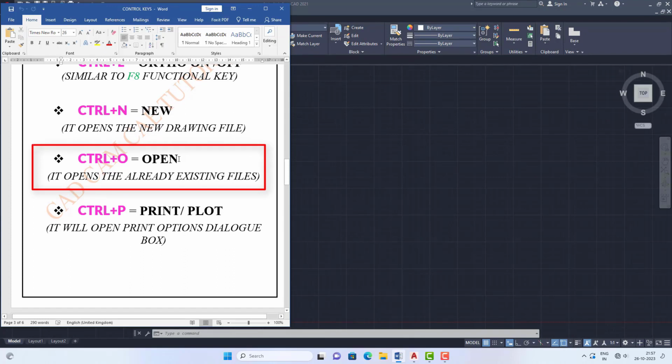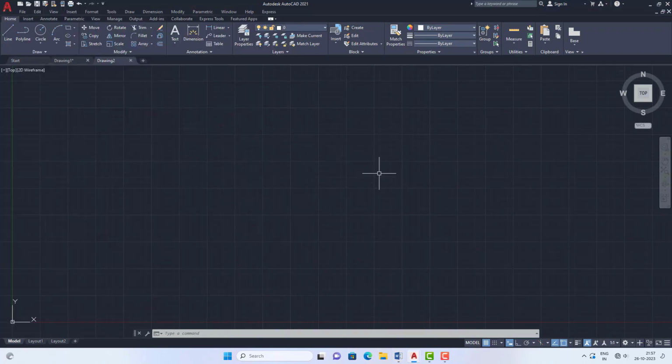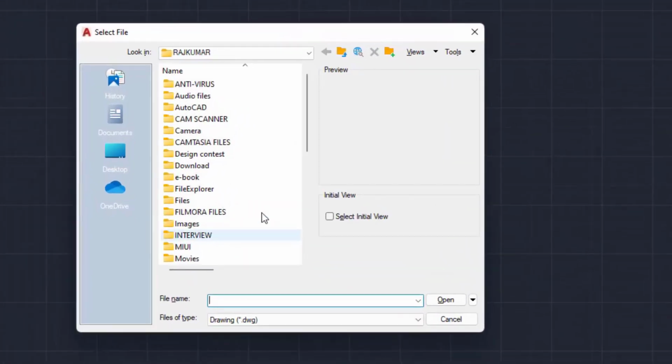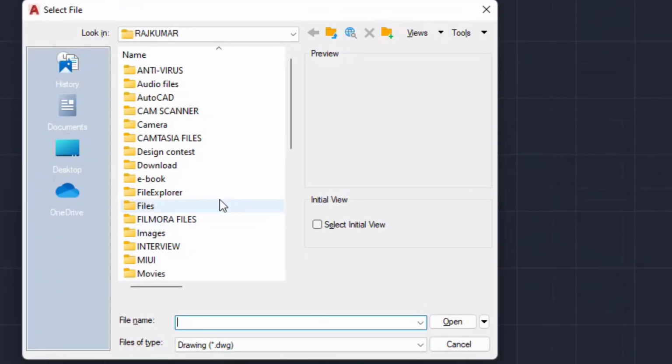So to open the existing files, we need to use Control O. If you want to open already existing or already created drawing files, we need to use this shortcut key. What is the shortcut? I need to hold Control and press O, so that it will ask you the location,